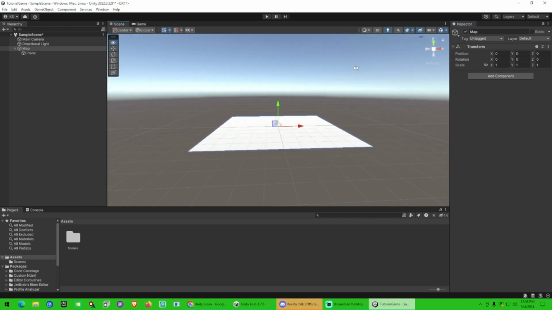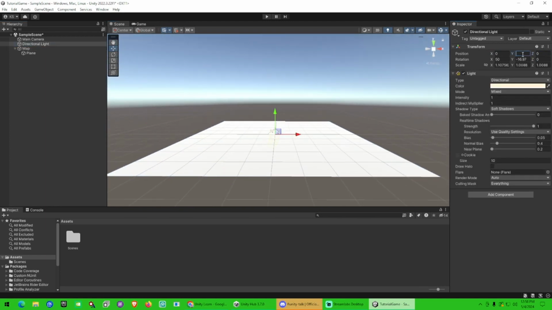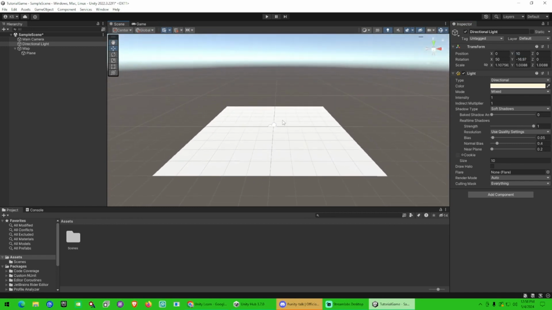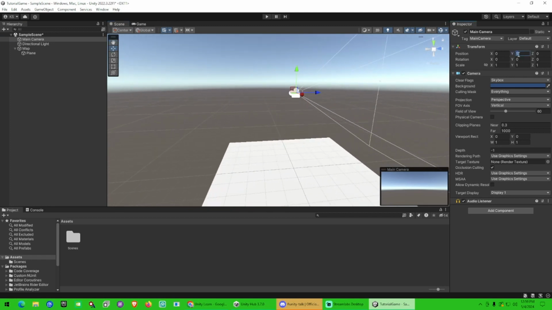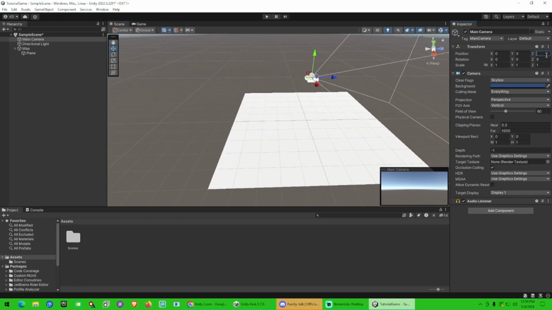So now we have everything set to 0, 0, 0. Our directional light, we're going to move the Y up just so it's above our map. Just going to move it about 10 because we want it to be above. And then our camera, I'm going to move this up 5, maybe less. I'm going to move it 3, and on the z-axis, I'm going to move it -3,